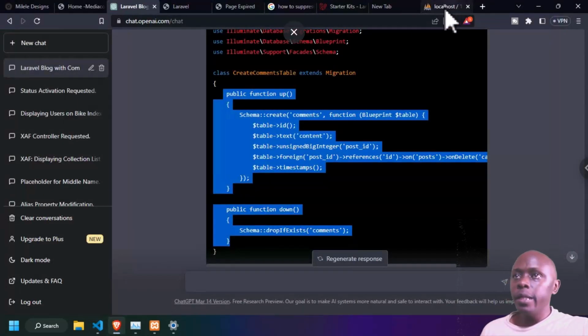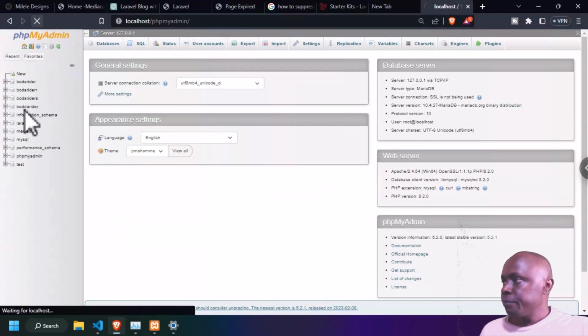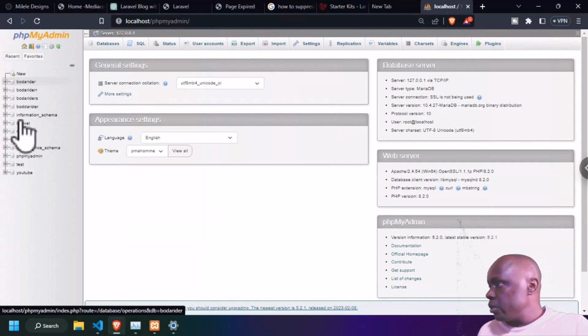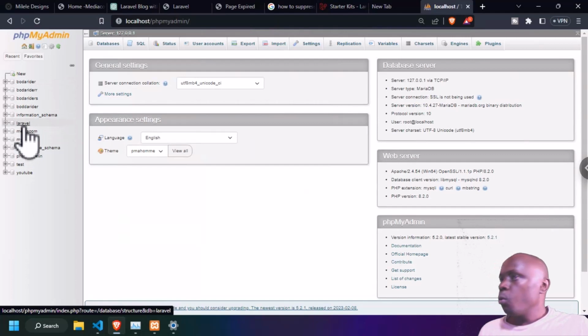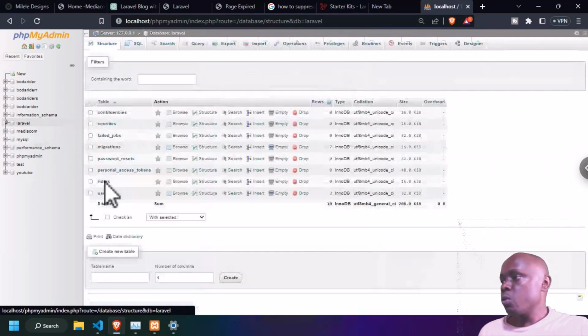What I mean is, when you go back to our databases and open the table, it's called YouTube, I think it's YouTube or Laravel. When you go to the comment and the table functions, we don't have